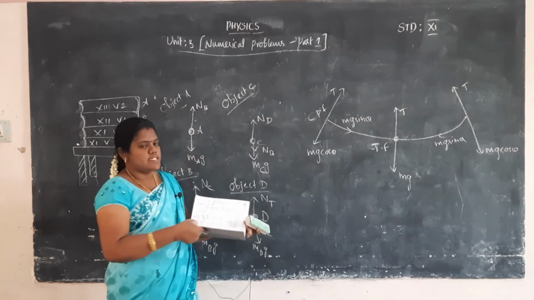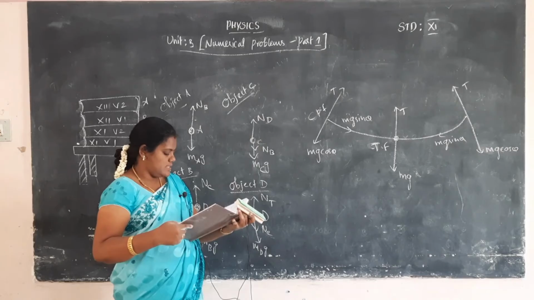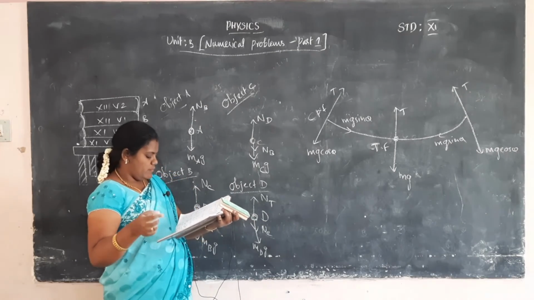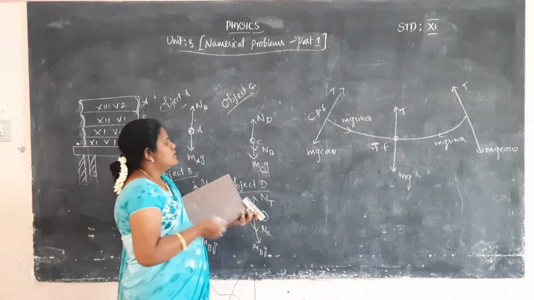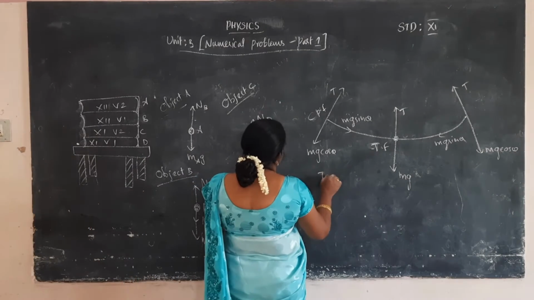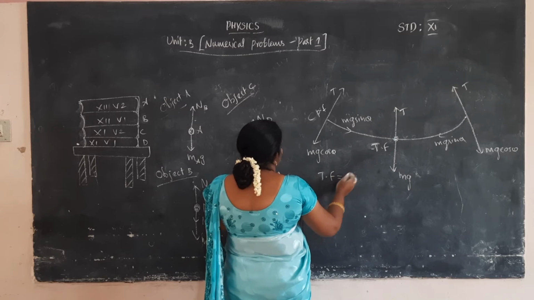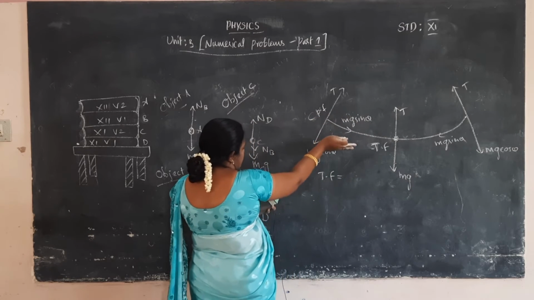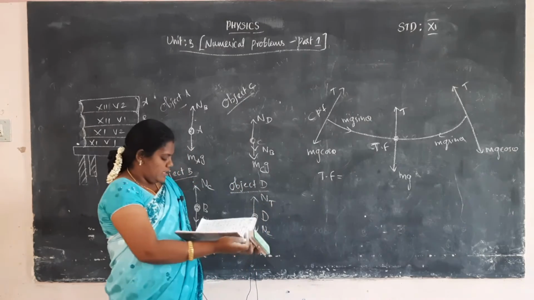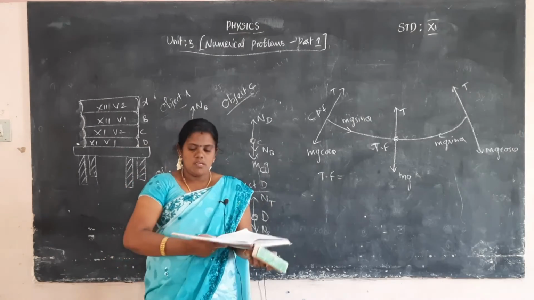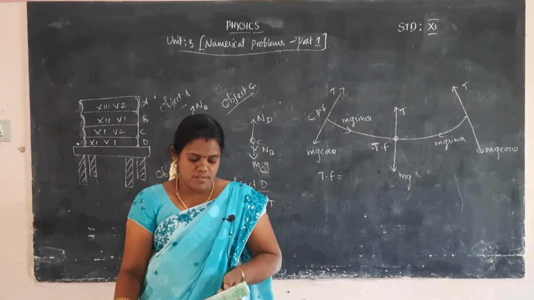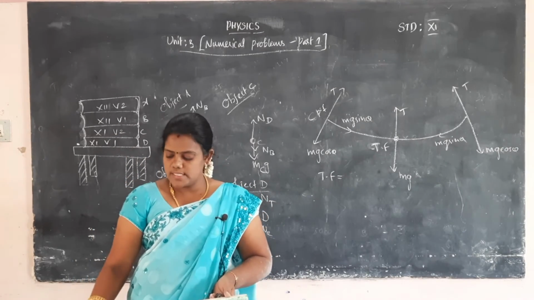Okay. So the two sides have centripetal force and tangential force, the radial force. If we want to calculate the tangential force, in the side, the tangential force and the centripetal force act. Radial force is equal to T minus mg cos theta. That will be called as centripetal force.